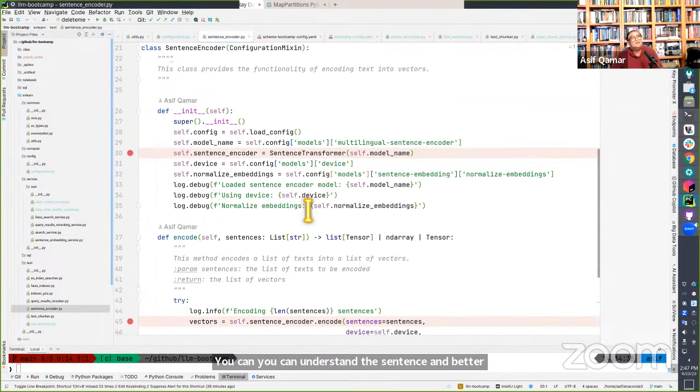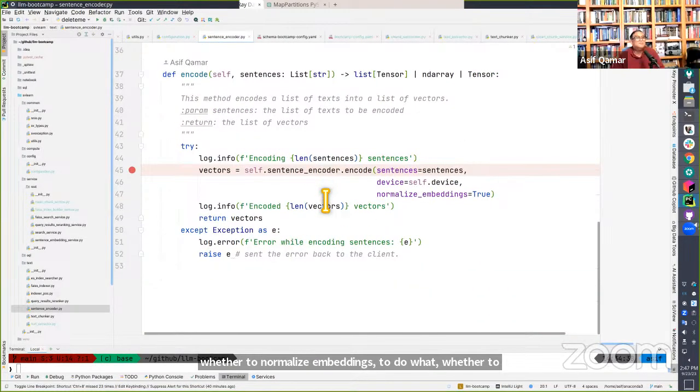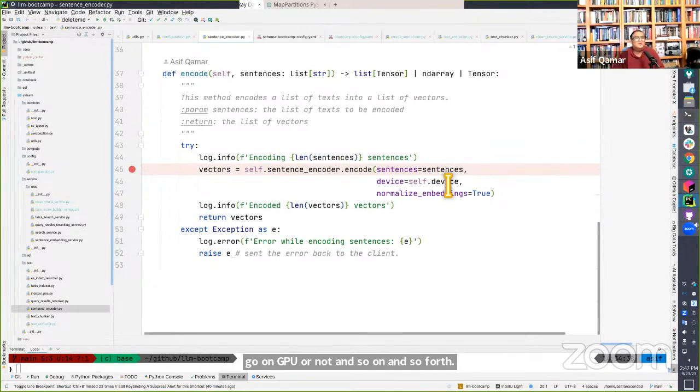Again, sentence encoder needs to know the configuration file. Why? Because it needs to know which models to load, whether to normalize embeddings, whether to go on GPU or not, and so on and so forth. But the actual embedding is very easy. You just encode. By now, all of you are familiar with this. Now, whether to normalize the embeddings or not to normalize the embeddings, it is a question that keeps